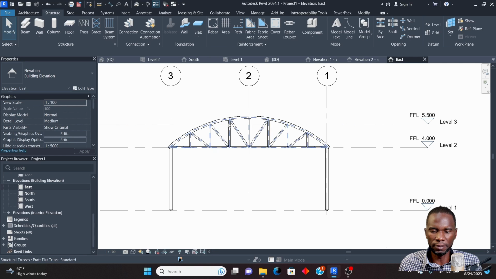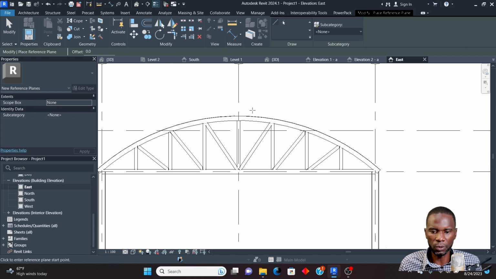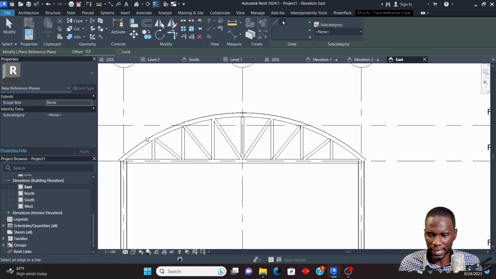If it's a flat top there, and I want to place the palings, I'll go to the reference plane and put a plane there. But you notice that for this one, okay, maybe for some reason it's working, and I'll really be happy. I'll click on pick. Okay, so you can see this is the challenge. If I use the line, you can see that I'm able to pick those lines, okay? So the straight lines, I can pick them, but if I use the line again, right, let me,